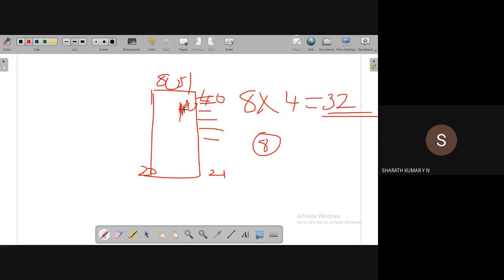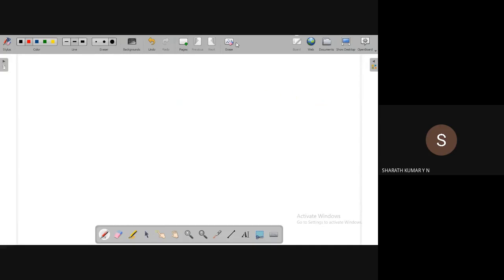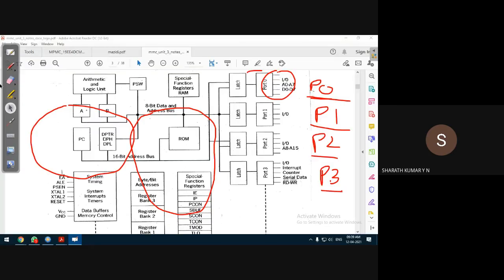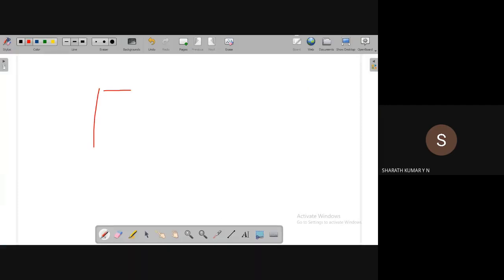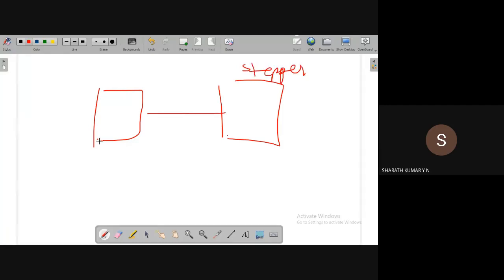What is the purpose of these ports? These 4 ports are used for interfacing purposes. This 8051 microcontroller has to be interfaced to external devices to control their operation. For example, let us say a stepper motor or DC motor, whose speed we need to control. For interfacing, we make use of these ports.